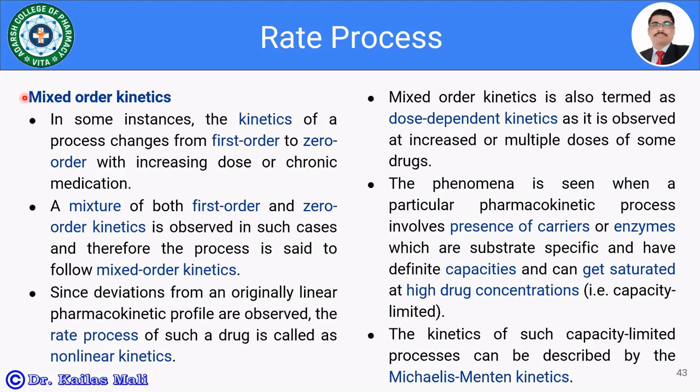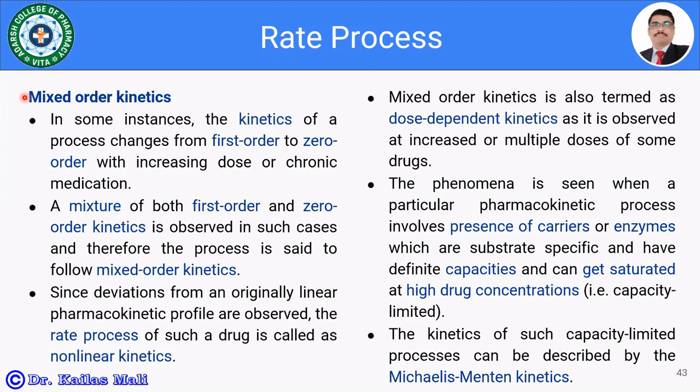When we plot the graph of log C to t, we get a straight line with a slope of minus K divided by 2.303. With the help of the slope, it is possible to get an idea about the first order rate constant, and further it is possible to calculate the half-life of the first order process, that is T half is equal to 0.693 upon K.